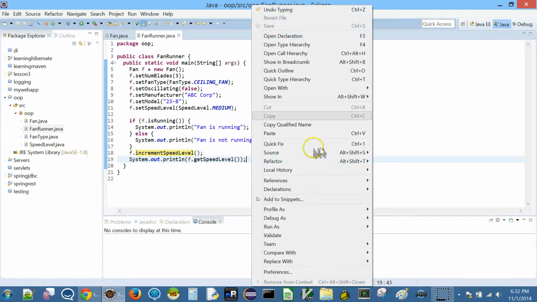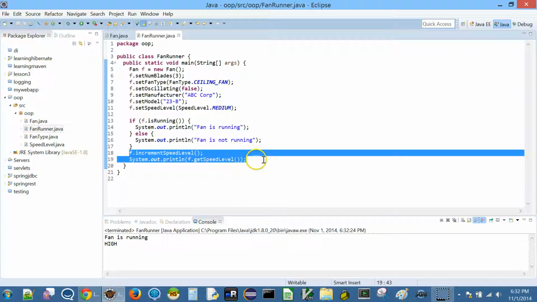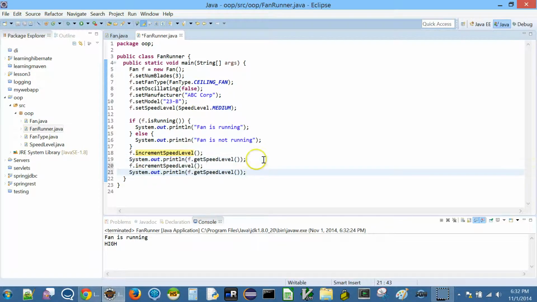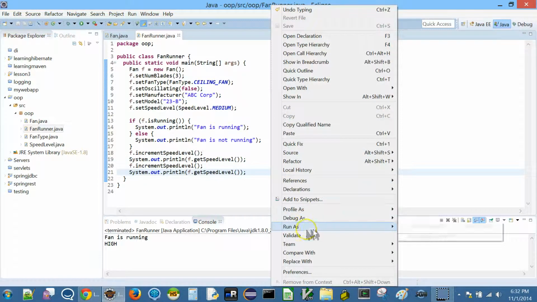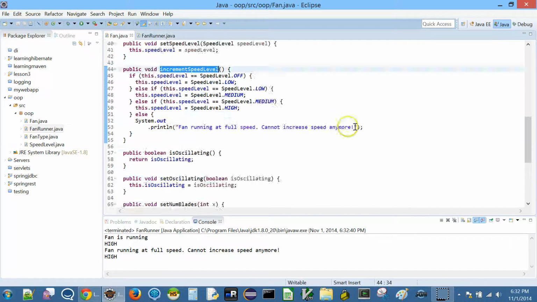So let's just run it, right click, run as Java application. Good. So we see the fan is running and the current speed level is going to be high. Now if I try to do this one more time, what happens? Right, because it's already at high. Let's see what happens, whether this is good. So fan running at full speed, cannot increase speed anymore, and it's high. Just printed this, okay? So now we are good with enums, and our class is looking a whole lot better